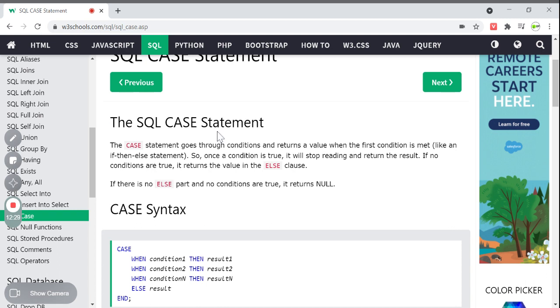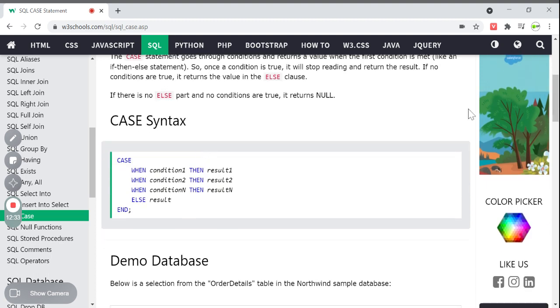This is the normal case which we have seen in many things. So this is the syntax for that. Like case, you have to give when, you have to specify the condition, and if the condition is true, then the particular statement is performed, and you specify the result to return.